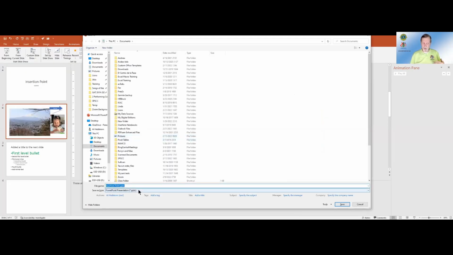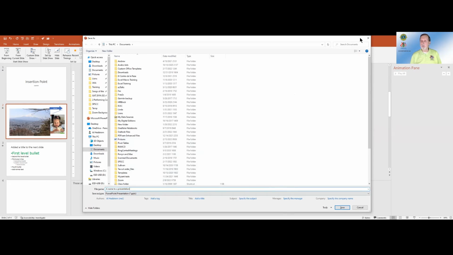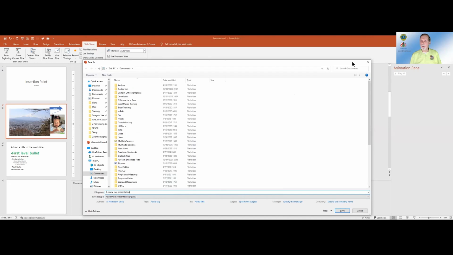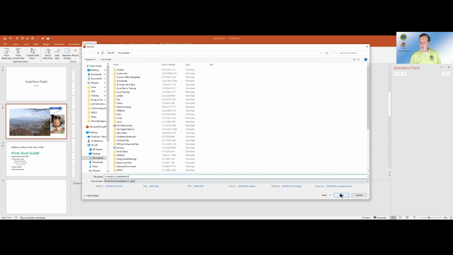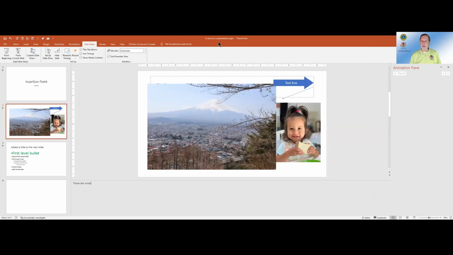And of course, you can assign a name to a presentation. You can assign it wherever it needs to be assigned. I'm going to leave it right there. And from there, I need to reduce the size of this window so that I can see, because I've got some zoom controls here. And I click over here on Save, and I see up here at the top confirmation that I've saved my work.